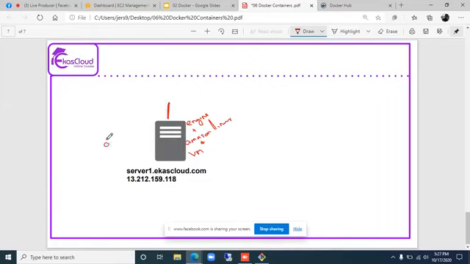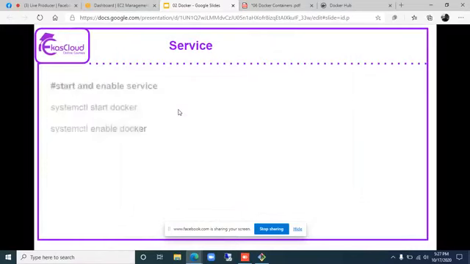I have told you earlier, a Docker host needs a long running program called a service. The service name is also docker. We have to start it. So I'll be using the command systemctl start docker and systemctl enable docker.